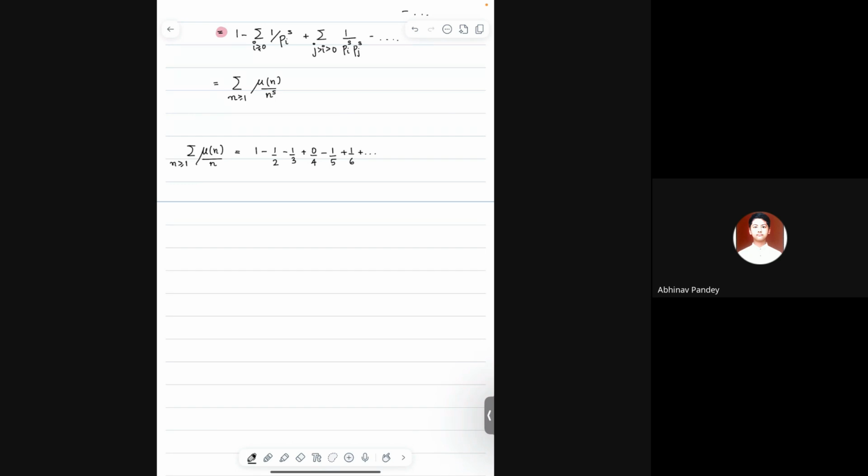So I basically want to now look at 5. 4 is not a prime number. So that's why I don't care about 4. Now I want to remove all the numbers that are divisible by 5. But then I would have removed numbers that are divisible by 10 twice. So I'll have to add that back. I would have removed numbers that are divisible by 15 twice. So I'll have to add that back.